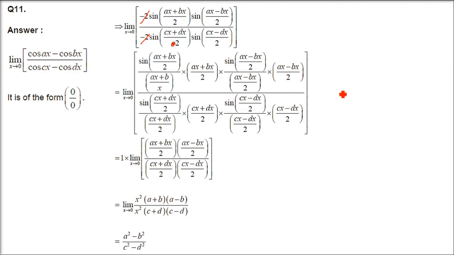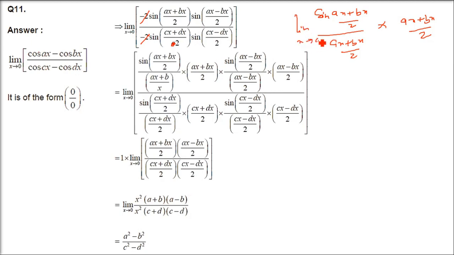Okay. So we have, because there are 4 terms, numerator 2, denominator 2, I am taking one of the terms, sin (ax plus bx) by 2. Now let us divide this by (ax plus bx) by 2. So one of these I am taking, others you will understand. So sin (ax plus bx) by 2, in denominator you have (ax plus bx) by 2. Now you have to multiply by (ax plus bx) by 2, because we have ourselves introduced it. Now what is this term? Sin theta by theta type of term.